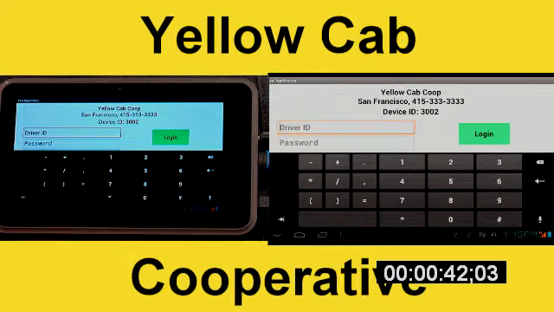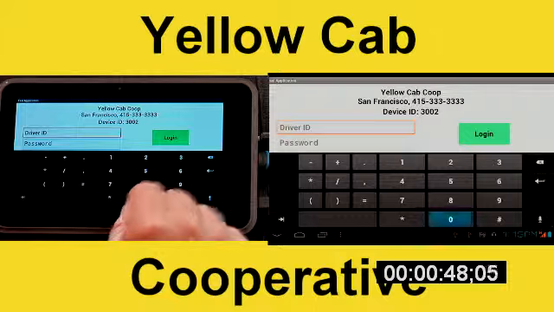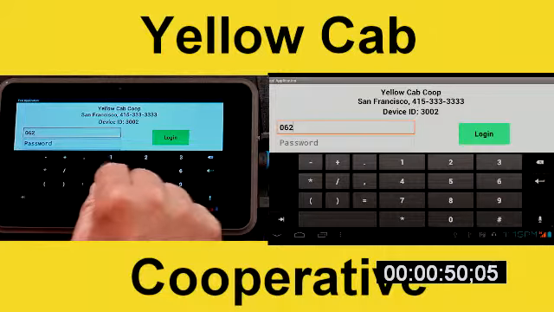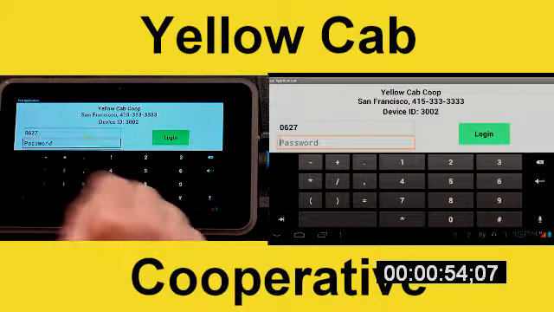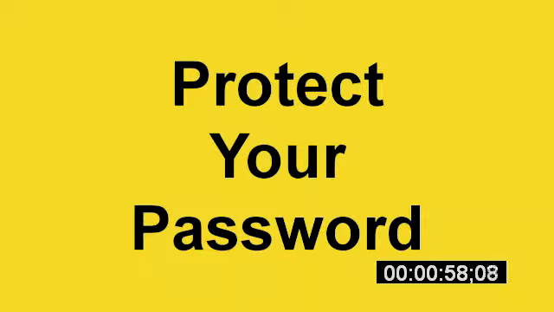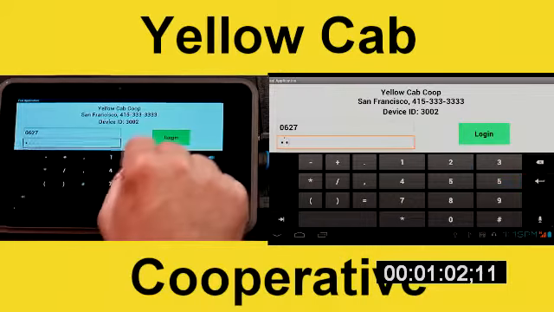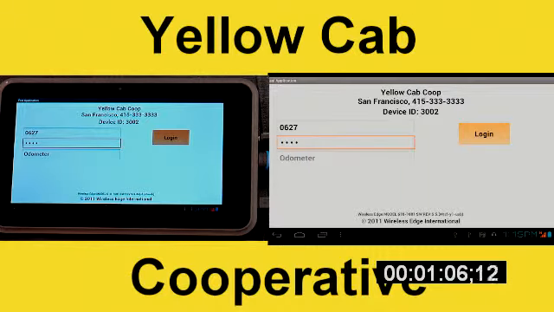You are now ready to log in. To log in, touch where it says driver ID, put your yellow cab driver ID in that box, then touch password and put your password in that box, then tap the green login, and with a little luck,